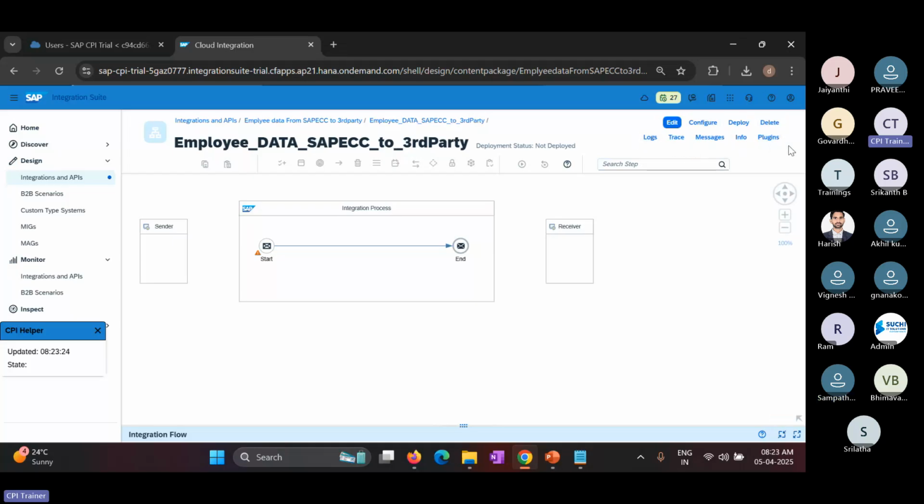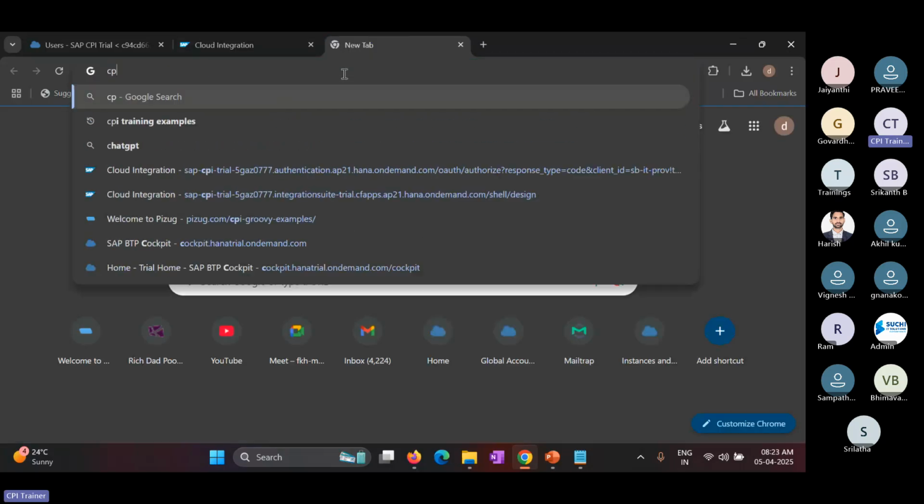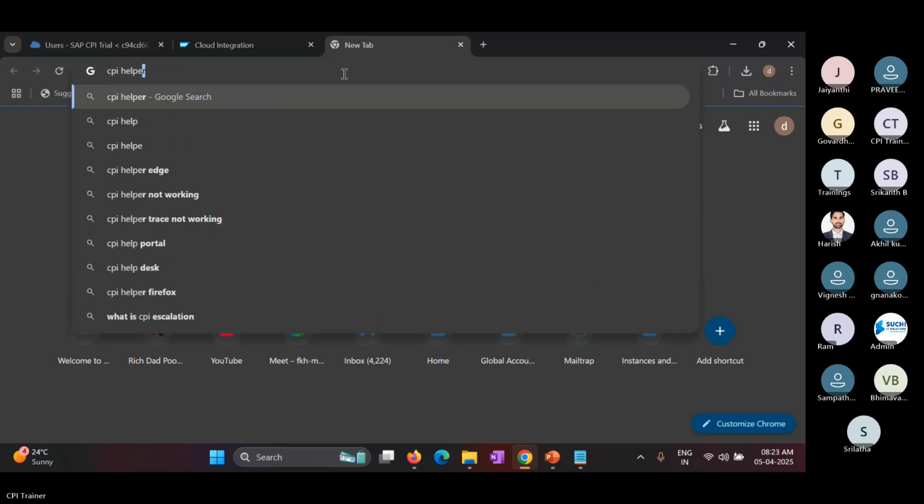I'll tell you why these options are enabled for me. I am using one CPA helper tool. This is a third party tool, not given by SAP. If you go to CPA helper for Chrome, if you are using a Chrome browser, you can download it for Chrome, or if you are using any other browser to use the integration tool, then you need to download this CPA helper